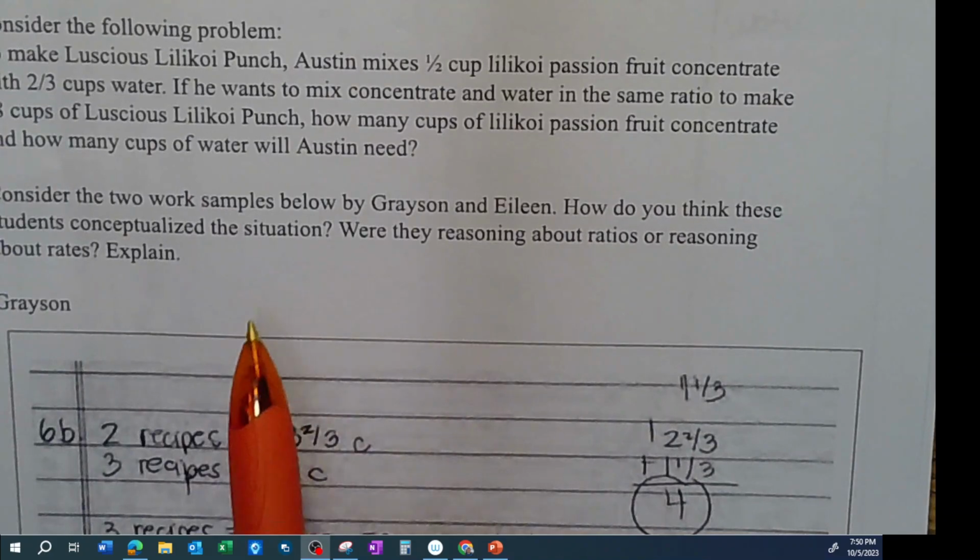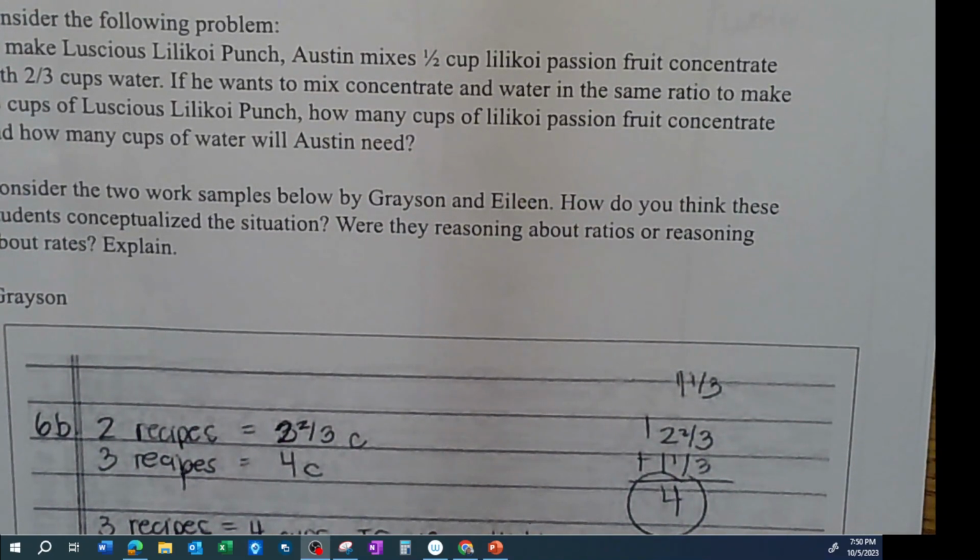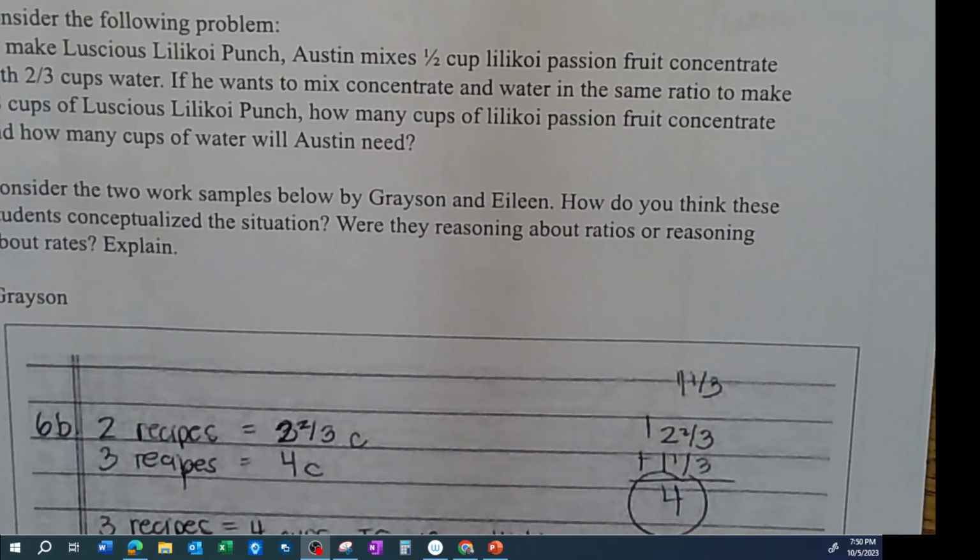Grace and Eileen, how do you think these students conceptualize the situation? How were they thinking about it? What were they reasoning? And how about ratios and reasoning about rates? Explain. So